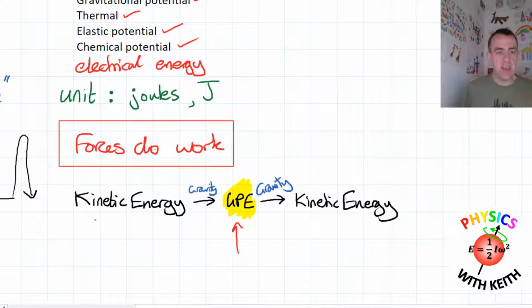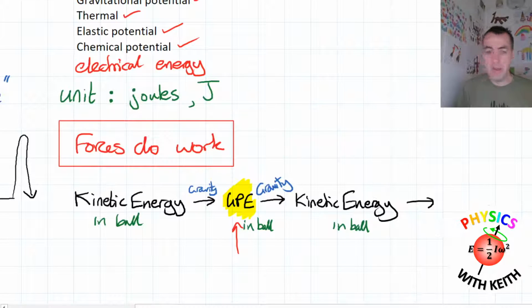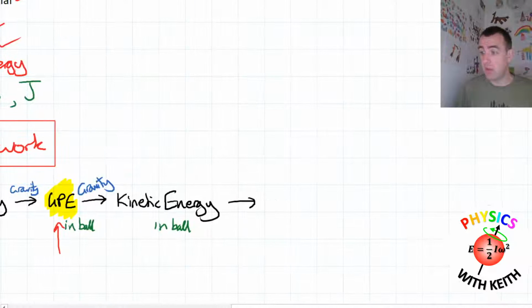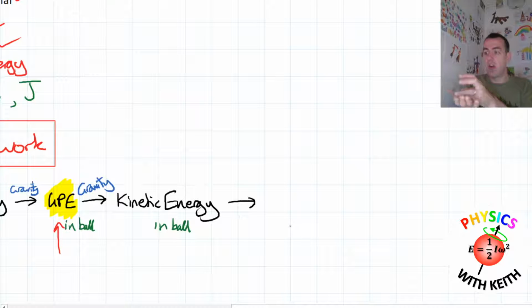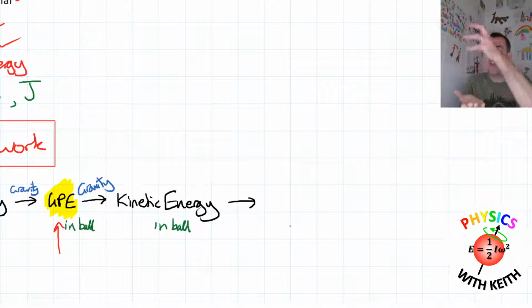I mean, we could say kinetic energy in ball, gravitational potential energy in ball, kinetic energy in ball, and I think we all agree that the last step, the energy is going to be in the hand, although actually some of it will still be in the ball, but in what form? It won't be gravitational potential energy because it's gone down and it's now back at that original height. So all the gravitational potential energy we gained when it climbed, we've lost again when it fell. So where's the energy gone?